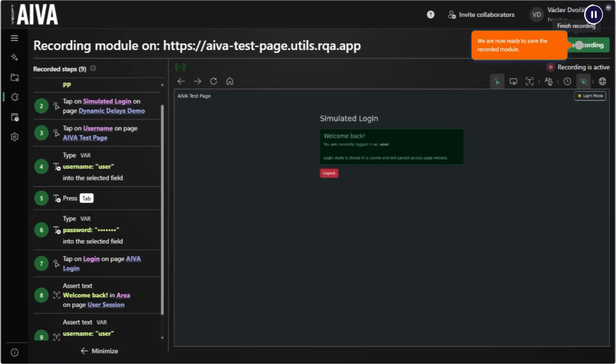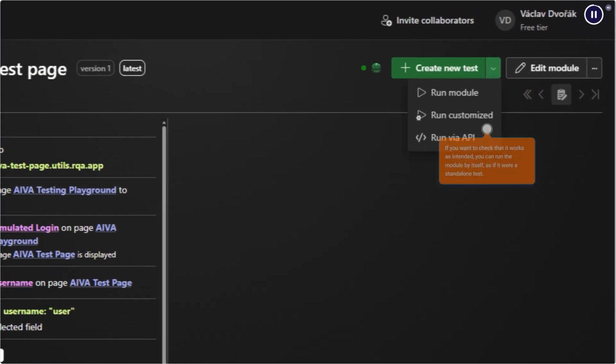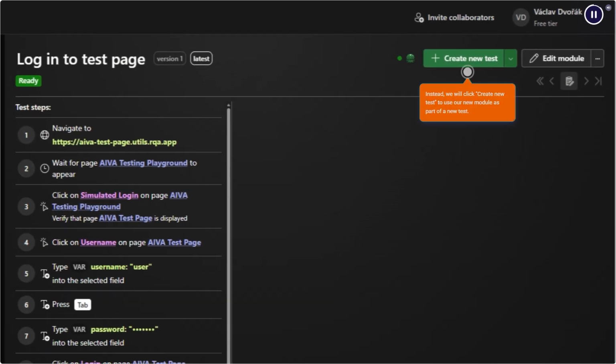We are now ready to save the recorded module. You can see that the module definition looks very similar to a test. Let's see what we can do with it. If you want to check that it works as intended, you can run the module by itself, as if it were a standalone test. Instead, we will click Create New Test to use our new module as part of a